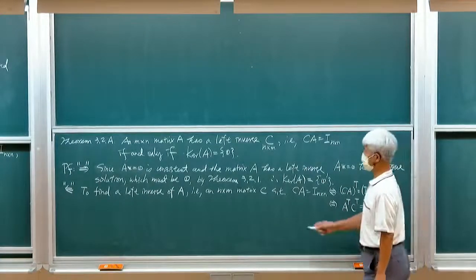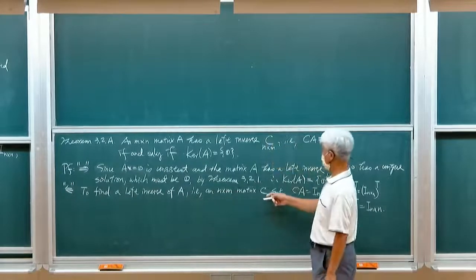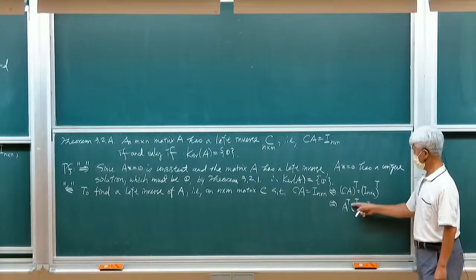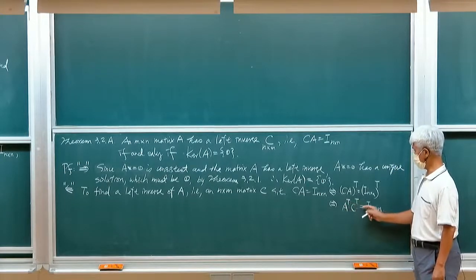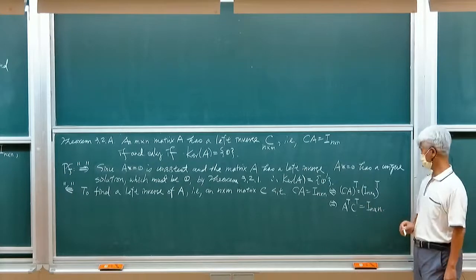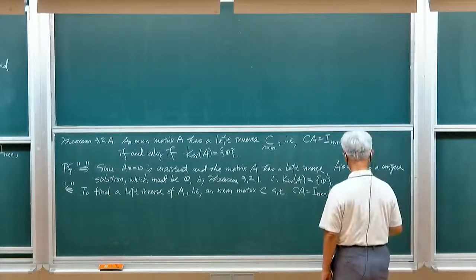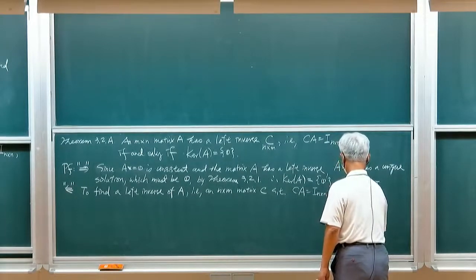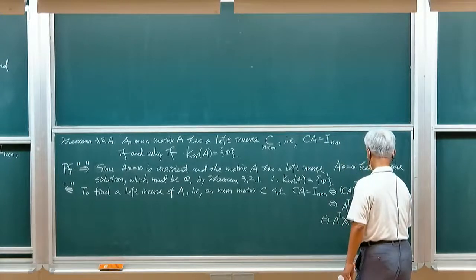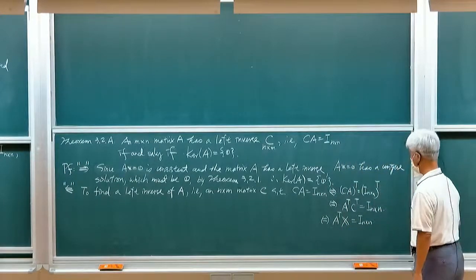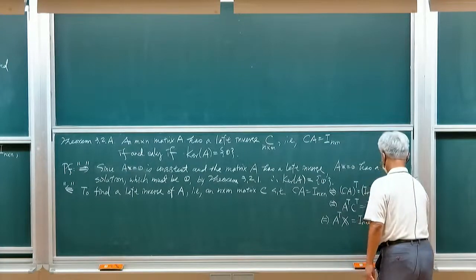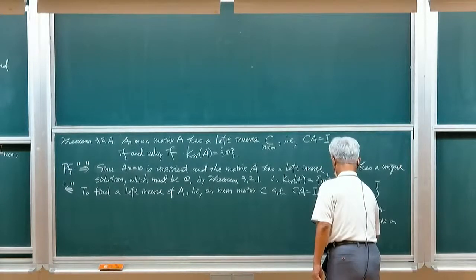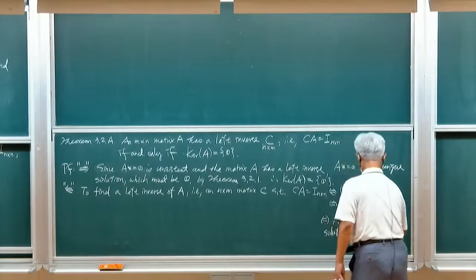So we want to find a matrix C such that A transpose C transpose is equal to the identity matrix, if and only if A transpose X equals the identity has a solution, where X